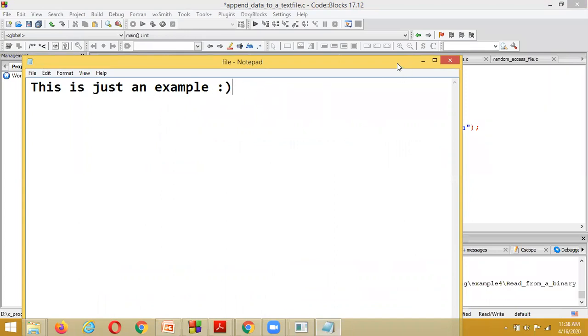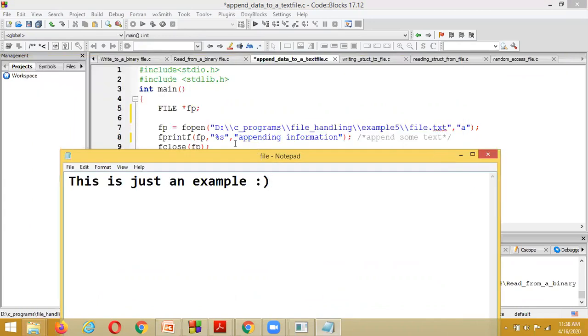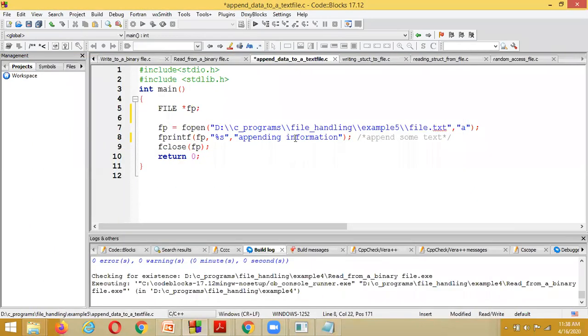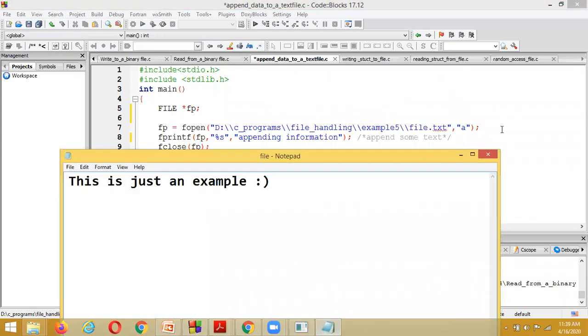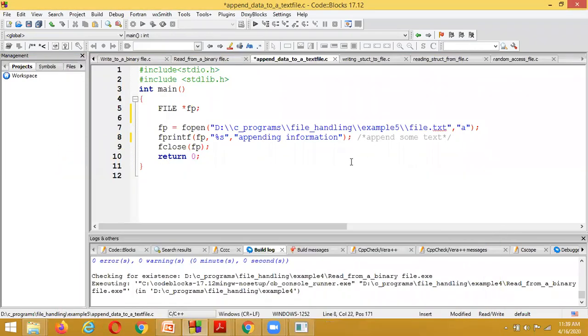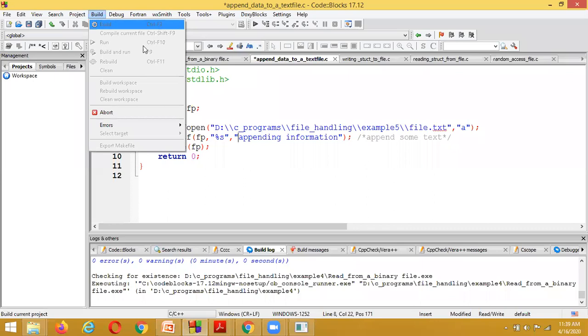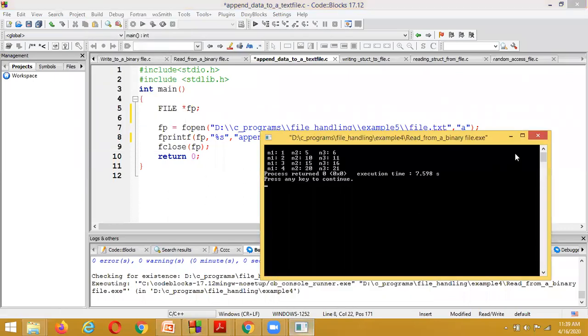The message I want to add is "Appending information", to the file file.txt. And this is the simple way of appending the information.